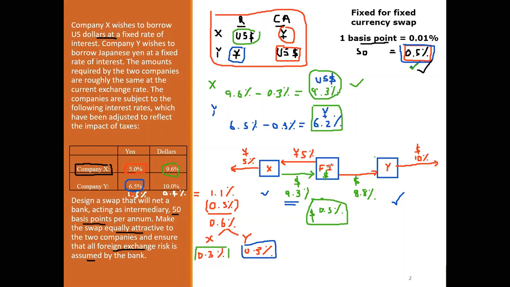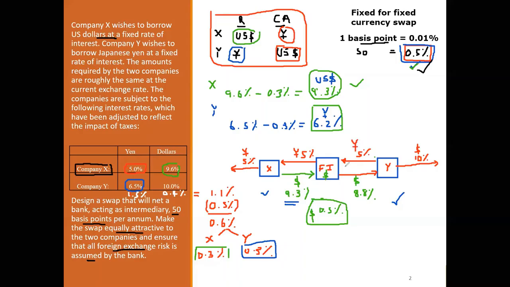And then over here, what should happen? To pay this 5% in yen, the financial intermediary should receive this 5% from Y. Otherwise, the intermediary is again facing a risk, and the intermediary is not bearing the risk in this case; Y is bearing the risk. We know that the financial intermediary has to pay 5% in yen to X, so that amount should come directly from Y. So Y should pay 5% in yen